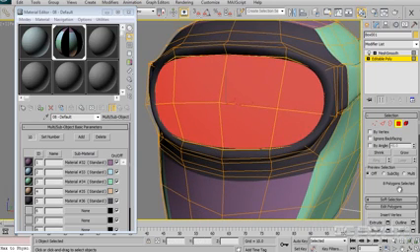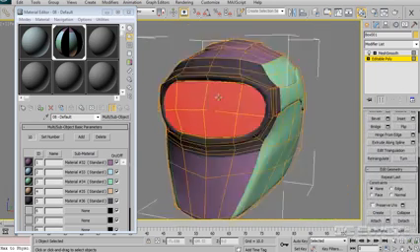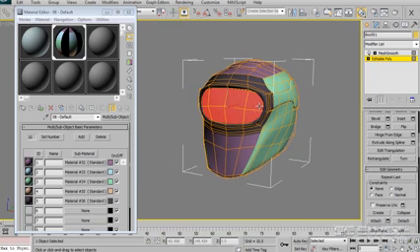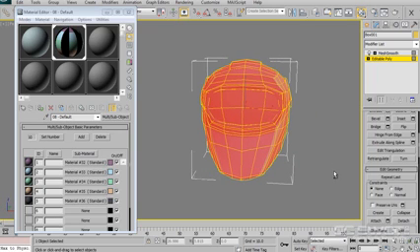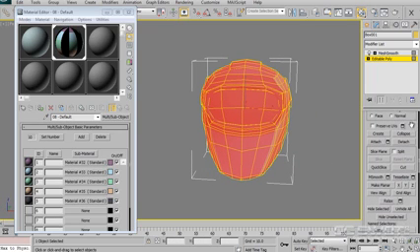So we can now go down into the stack. In fact, what I like to do is select every polygon in the object, and you can see that every polygon is selected there, and just reset it to the default. And in this instance, I'm going to use number 1, material ID